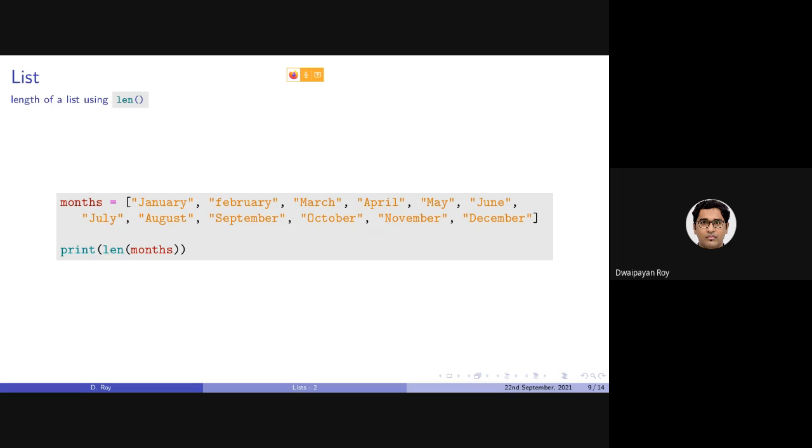So another very useful function associated with list is called len. Now this len function is not actually a function that is kind of a list function, but it can be used on other compound data types like dictionary, set, tuples as well. So that's why I am saying that this len function is associated with this list, but it is not actually